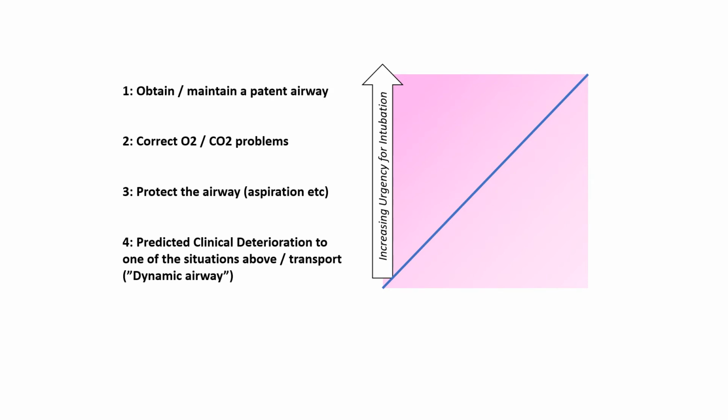Okay, and then there is to obtain and maintain the patent airway. This is your patient who is obstructing in front of you, or has a foreign body airway obstruction, or has epiglottitis and stridor, which is an urgent A problem right now. Those you need to do something about right now. Okay, so this is the decision of whether or not we should intubate. Then we also have to weigh that against the risk of failure of intubation.